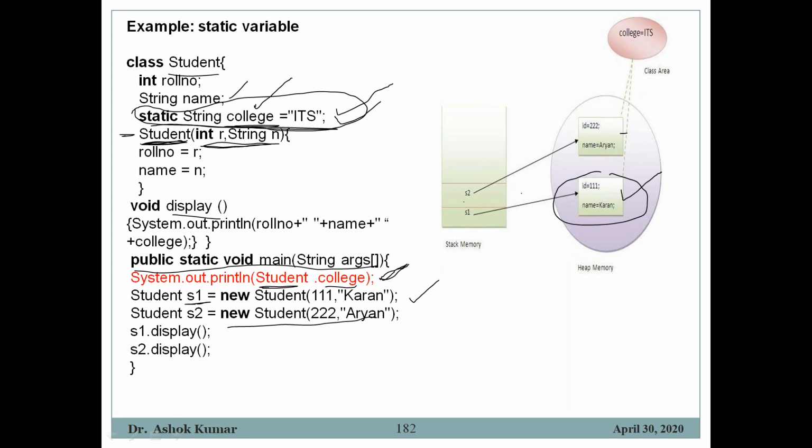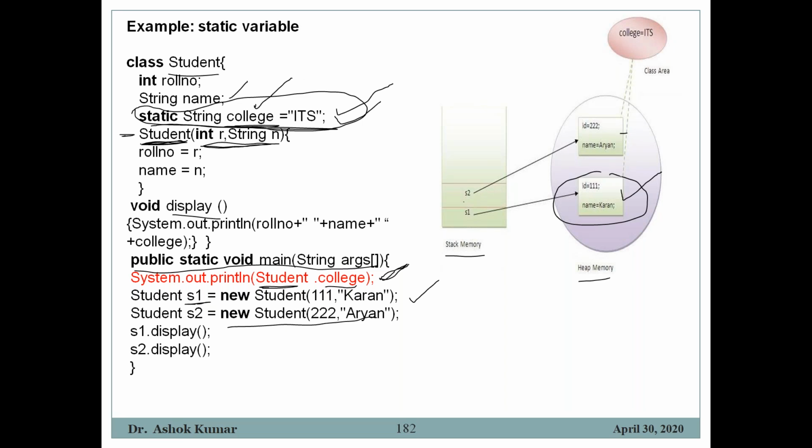The references are stored in the stack memory in the JVM. s1 and s2 are there because these are local variables, and local variables are allocated memory on the stack. The objects are allocated memory on the heap. This is shown over here. These two objects reside on the heap memory, and their references are stored on the stack memory. So s1 and s2 are on the stack, but the actual objects they refer to are on the heap. And